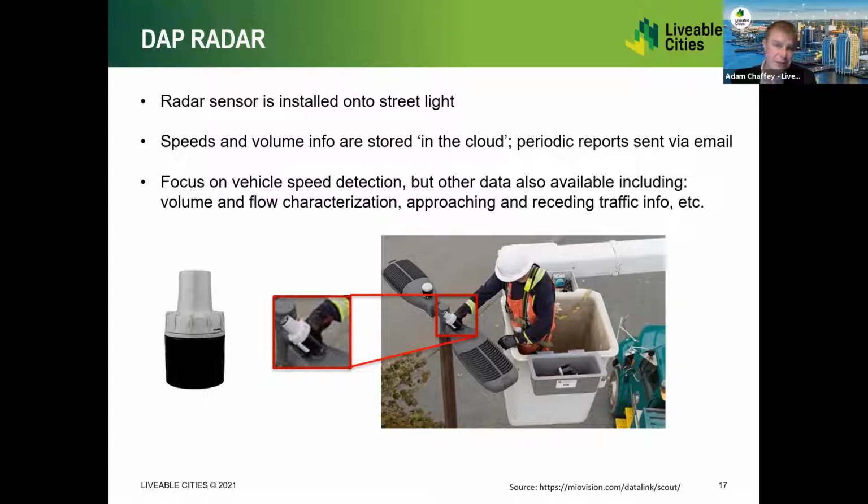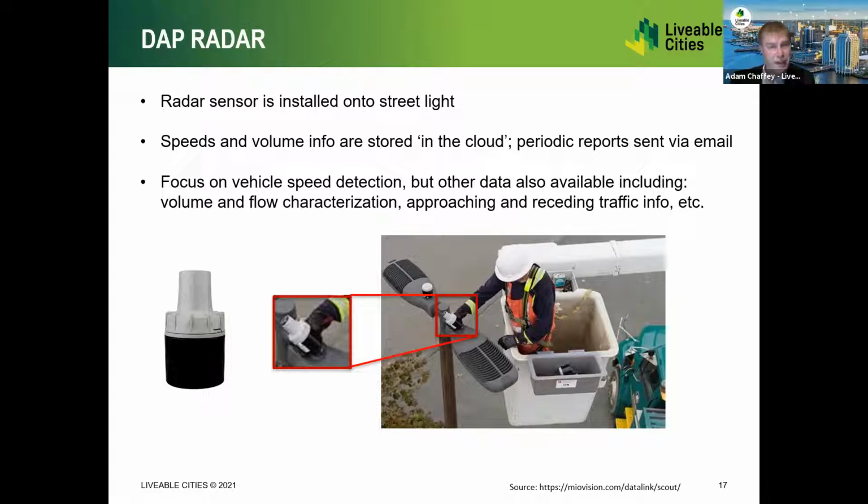So just to highlight again how this new approach is very radically different, these sensors for traffic are deployed on top of the streetlight. They are installed similar to a traditional photocell that our lighting crews will be very familiar with installing as an accessory onto our public lighting networks. There's a short aiming exercise of a few moments to aim the radar directly to the roadway where we are interested in capturing the data.